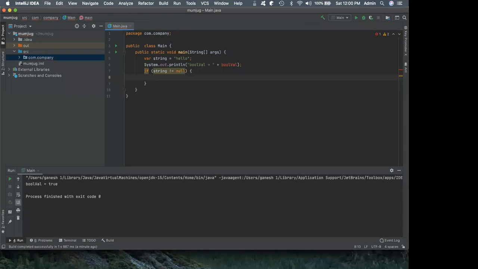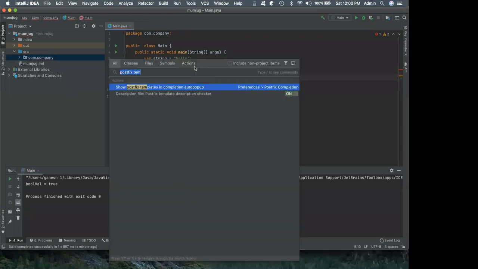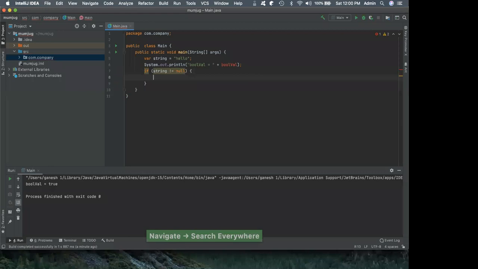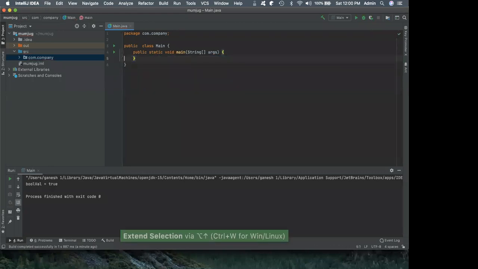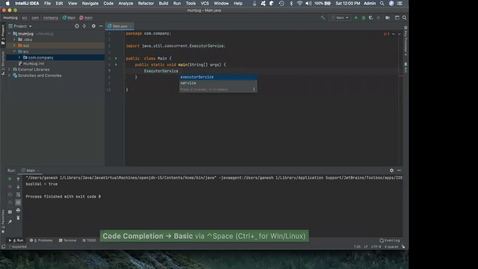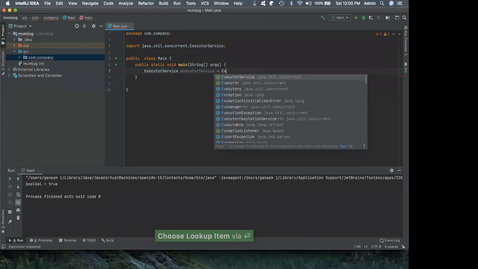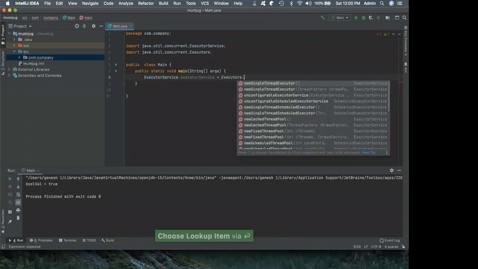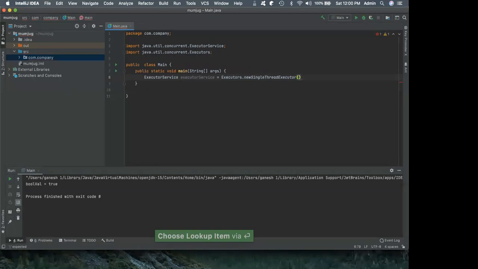So let us see an example where you can code with me and see how it goes. Let's use the surround template now and write a program. I want to say an executor service. Let me fill it with an executor service equal to executors dot a single thread executor.